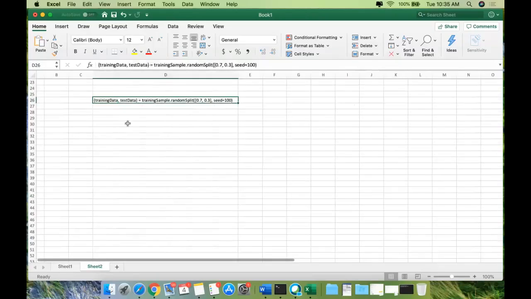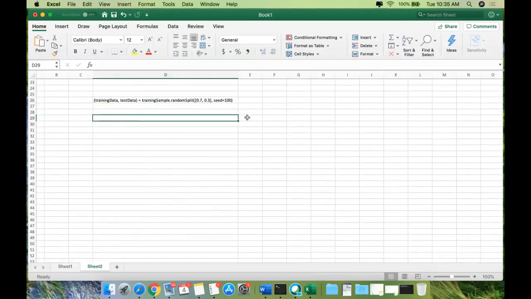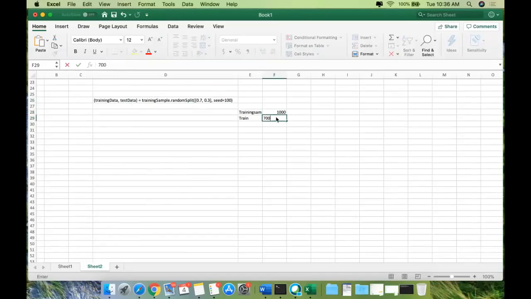Let's say the training sample has 1000 records. I'm saying give it 70% for training and 30% for testing. So training will now have 700 records and testing will have 300 records.